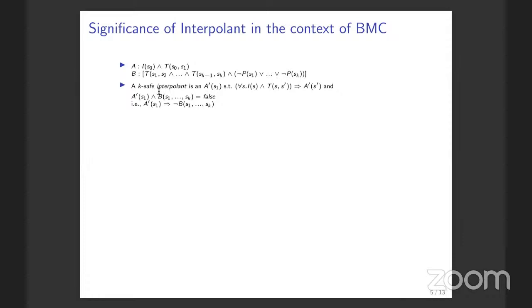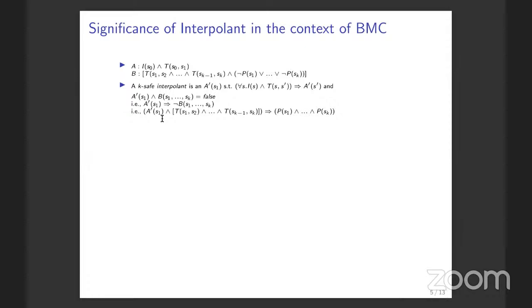And this is just exactly the formula that has changed. So this A prime that you get, the interpolant, will still imply not B, and not B is this. So any state inside A prime will not get to a bad state, but up to